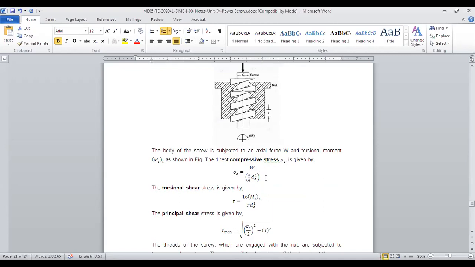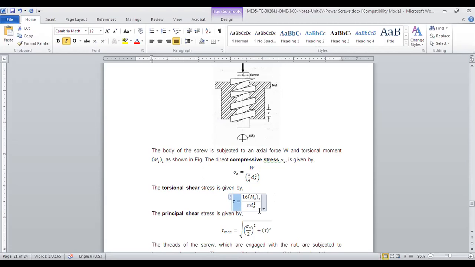Okay. Now, also you are putting a torque at the end of it. So basically you are having a torsional shear. It will fail because of the torsional shear, right? So for that we have an equation, right? Shear stress is equal to MT upon r, which is sigma B upon m upon I, tau upon r. So using that equation, we can find shear stress is equal to 16 MT upon pi d cube. We have seen it many times. Okay. So here MT is the torque you are applying at the end of the screw, and DC is your core diameter because we are considering only the core part.